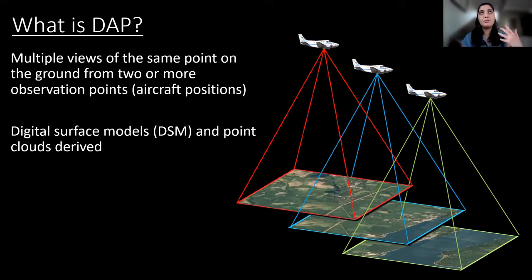So when you've already flown the imagery and you're back in the lab using this software, in the image matching process, you can get point clouds that are similar to lidar point clouds and produce digital surface models. So those are the two most important byproducts of this image matching process. And so that's really all you need to do. It's actually super complicated in terms of the raw image processing, but that's not really the point of the talk today.